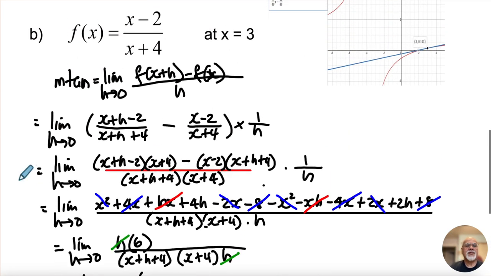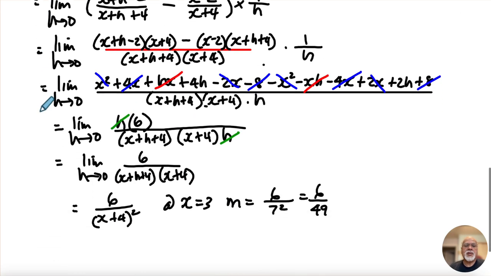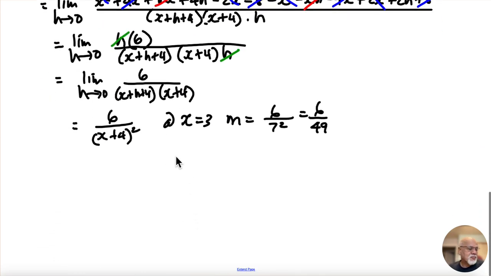Now, up earlier here, we were talking about calculating the slope at x equal to 3, which I've done. If we're going to come up with the equation of that line, we need to know what the actual point was. So at x equal to 3, f of 3 would just be 3 minus 2, which is 1, over 3 plus 4, which is 7. So the point is (3, 1/7), which is what that is right there. You can check on your calculator: 1/7 is 0.143. So now using that point, because I have a preference for using fractions, the equation of the tangent